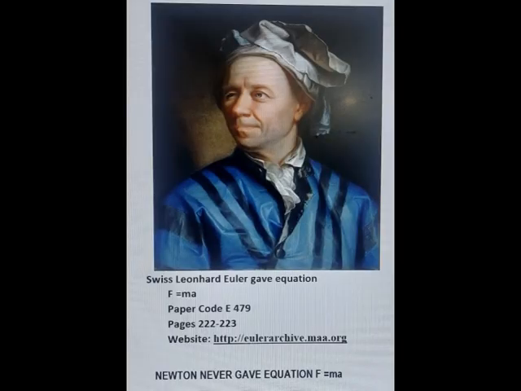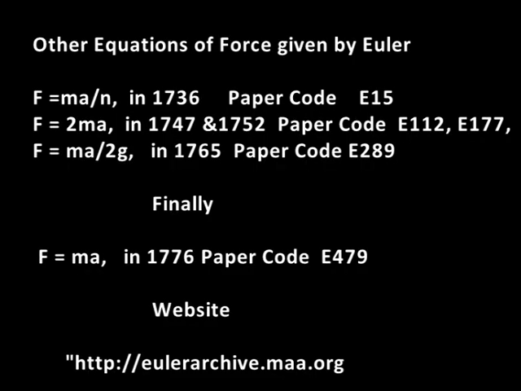The equation F is equal to ma was given by Swiss Leonhard Euler in 1776 in paper code number E489 on pages 222 to 223. For ready reference, these equations can be seen at the website www.eulerarchive.maa.org. Euler has also given equations of force F is equal to ma/n in 1736, F is equal to 2ma in 1749 and 1752, and a third equation F is equal to ma over 2g in 1765. These equations may be found in Euler archives at paper codes E15, E112, E117,